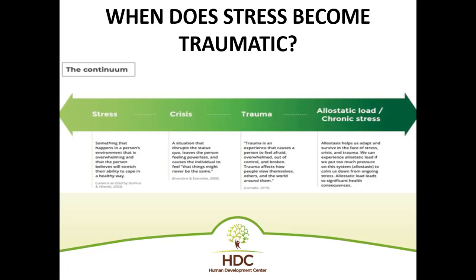Allostasis helps us adapt and survive in the face of stress, crisis, and trauma. So if we are experiencing chronic stress, allostasis just helps us adapt to survive. We can experience an allostatic load if we put too much pressure on the system,